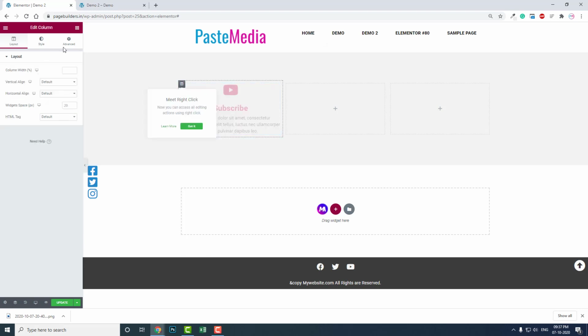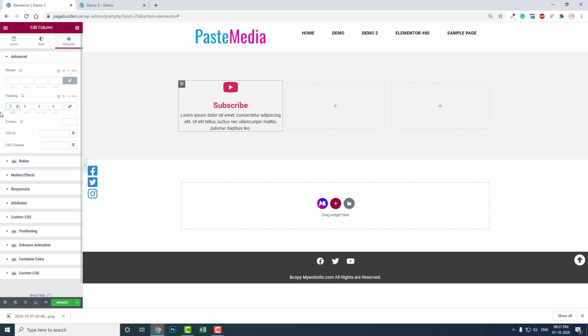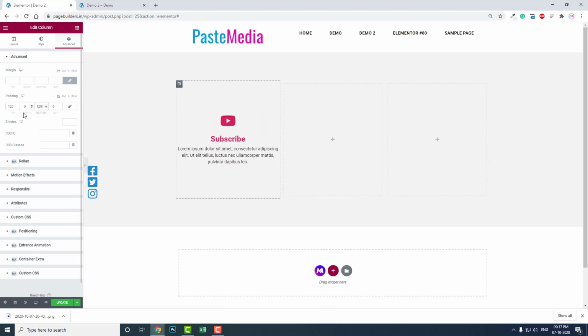Here in the column, let's add some padding at the top, about 120 pixel and 120 pixel at the bottom. This is to make it look slimmer, and let's add some margin at the left and right of the column,